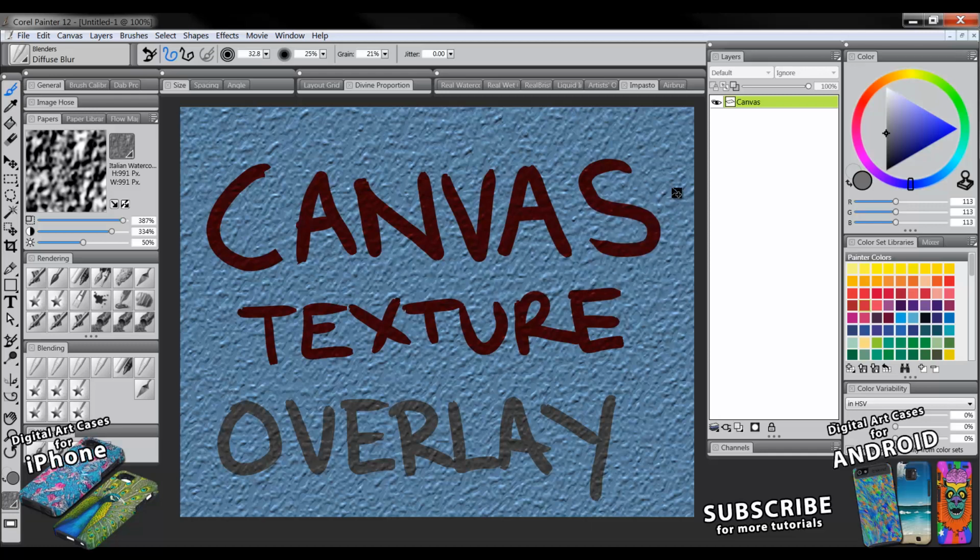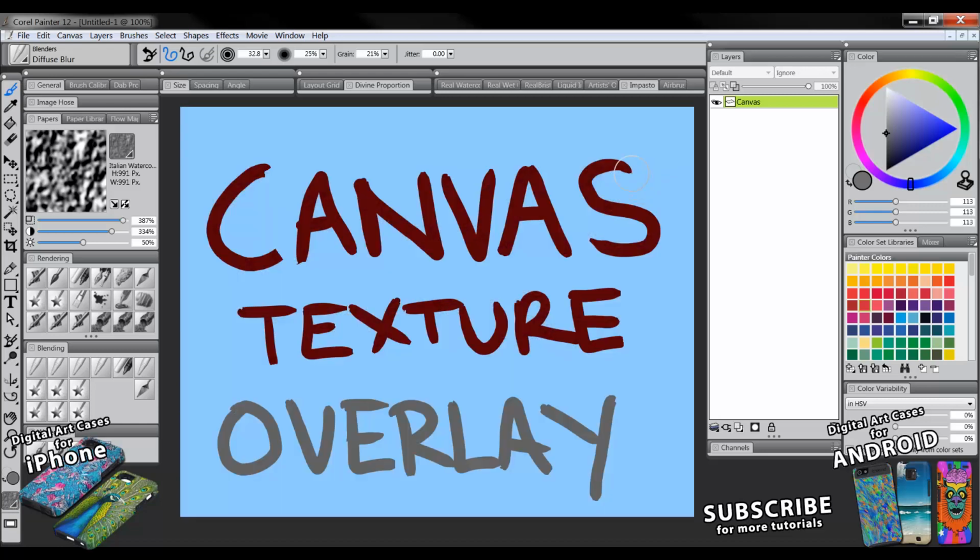So wouldn't it be nice if you could have this texture just on its own layer, and then you could still go through and blend and do anything else you want to do to your artwork after you've added the texture? Well, guess what? You can do that. So here's how you do it. It's really easy. What you want to do is you want to make a new layer for your texture. Just click the new layer button down here in the layers palette, and let's call it